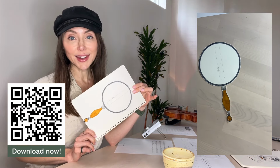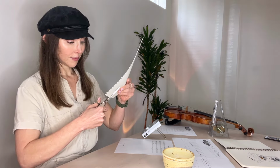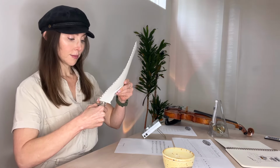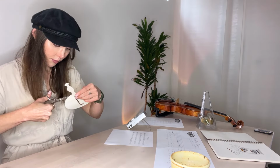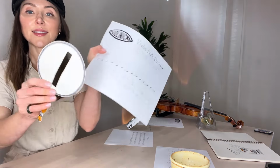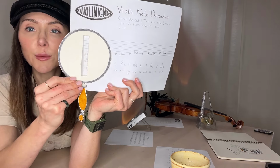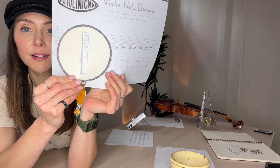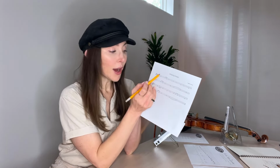I invite you to be a kid again and cut this out like an activity on the back of a cereal box. Then you'll be able to slide this along the decoder page for easier viewing. The horizontal lines on sheet music are called the staff, and we're going to look at where